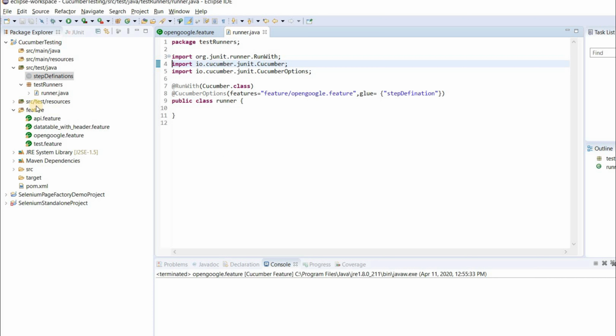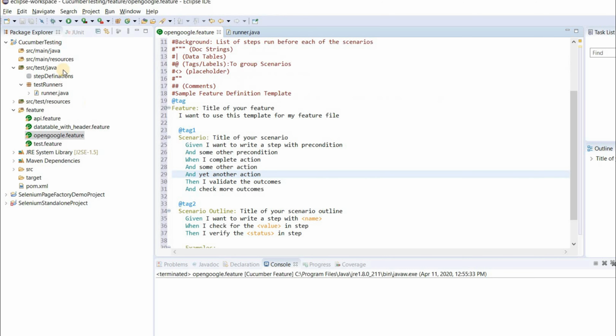Once we have created the runner class, the next thing is that we have to create a step definition class. As I have already told you, the step definition class contains the steps of the real feature file. That means whatever you have written in the feature file, the actual Selenium code that is running behind those feature lines is exactly written in the step definition package.